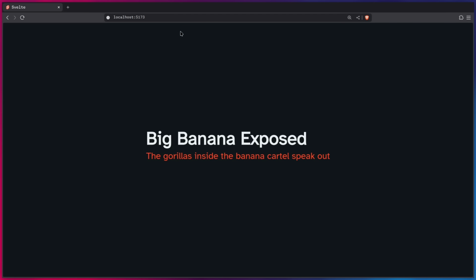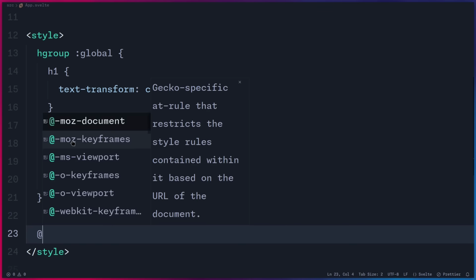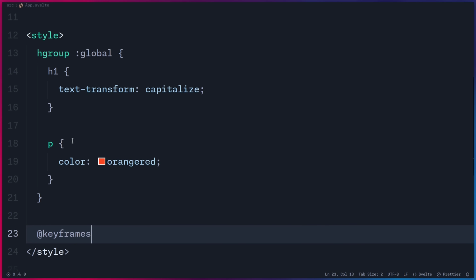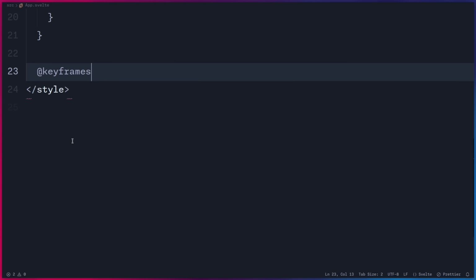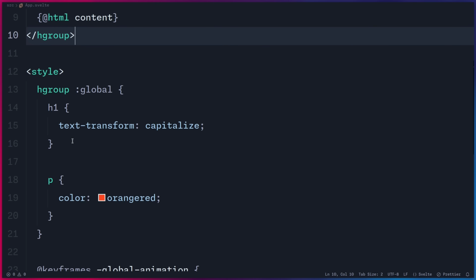You can also have global keyframes. So for example, inside of here, if you use a keyframe, it won't really work. But you can do this. You can say add keyframes. And now you can just prefix this with global. And you can just use the name of your animation. You can say animation, and then you can define your animation inside of here, if you want to make it global for whatever reason. And there is one more cool thing about the style block, and that is that you